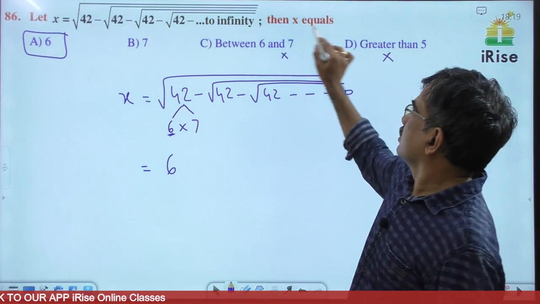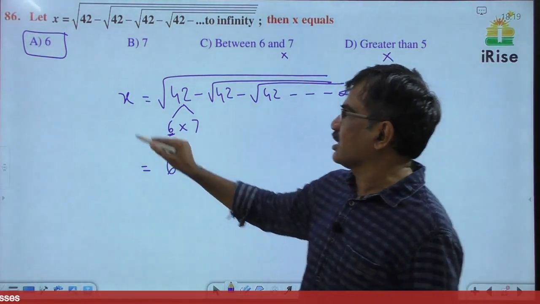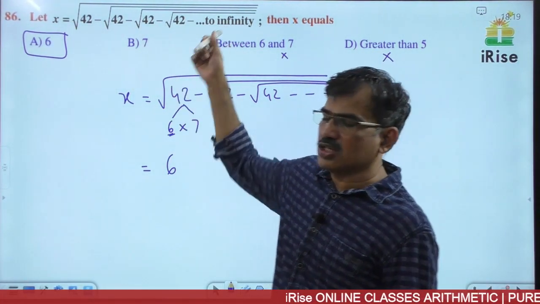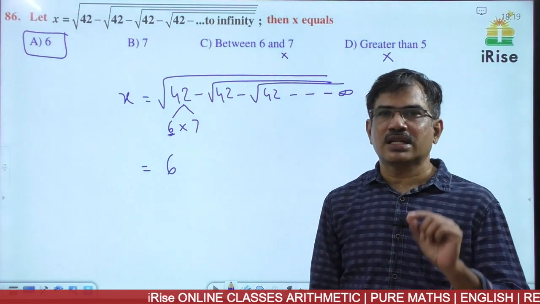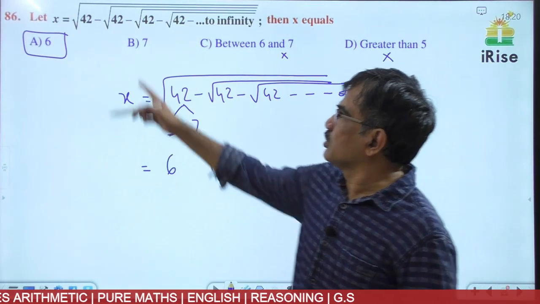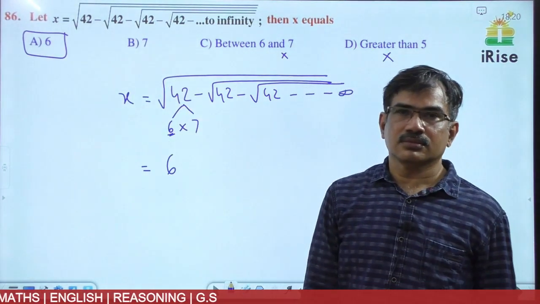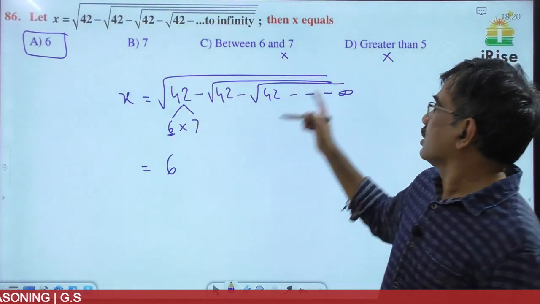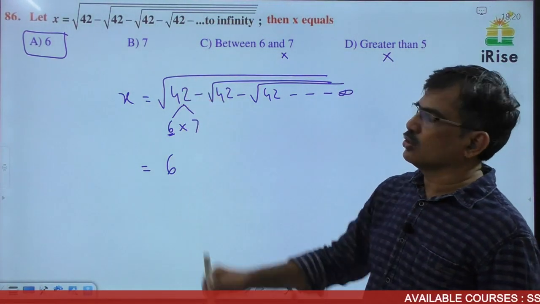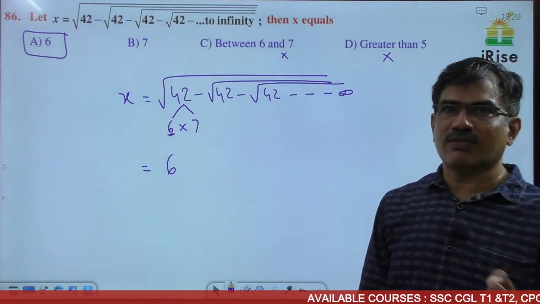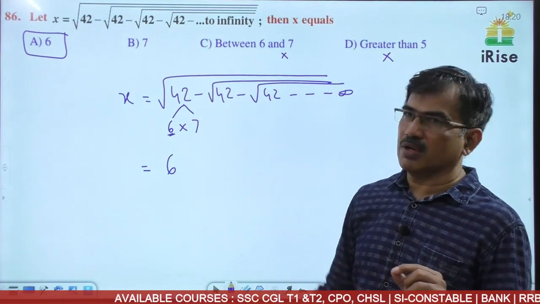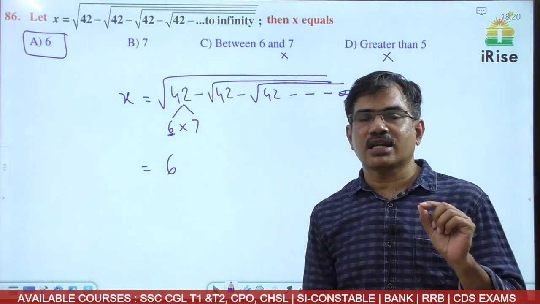But it is nearer to exact. This is not the exact value, please. Already I have told you this is an irrational number. The irrational number should not be exactly equal to a rational number. Actually this lies between 5 and 6. So here greater than 5 is not perfectly right, and even 6 is also not perfectly right. It lies between 5 and 6, but is very near to 6. The value of this is nothing but 5.999999 and so on.